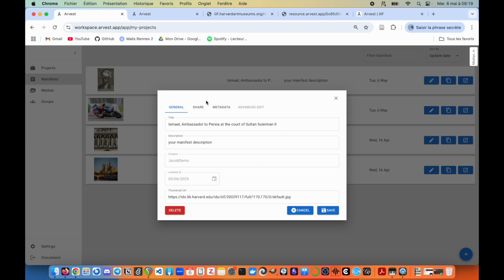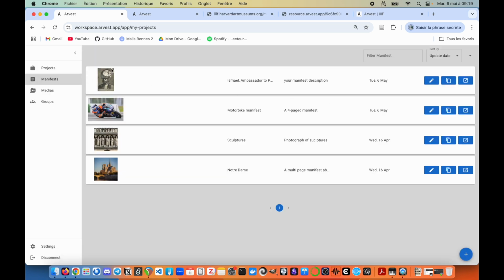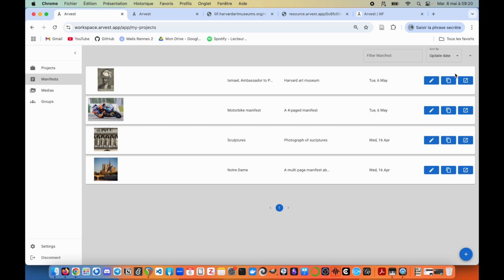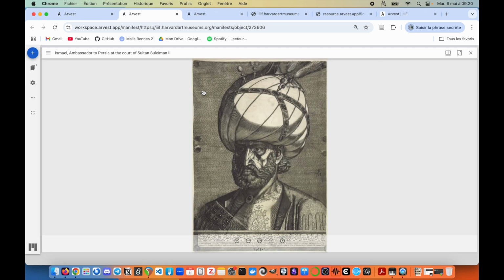And you see it took a few moments to react there, but the thumbnail's been created too. It's actually taken some of the metadata of the manifest and used that as the title of the manifest item in Arvest, as well as the thumbnail URL. Let's add a Harvard Art Museum. There we go. And so if we click on Open the Manifest,